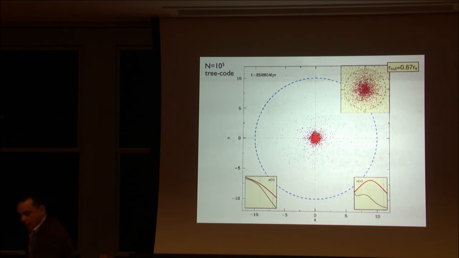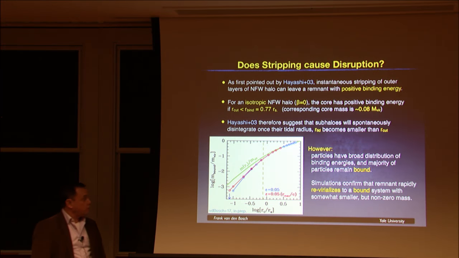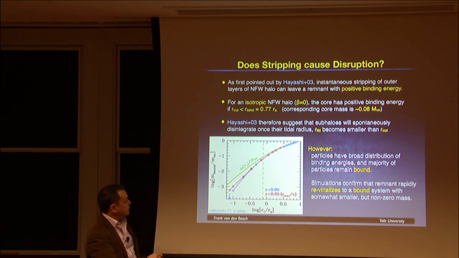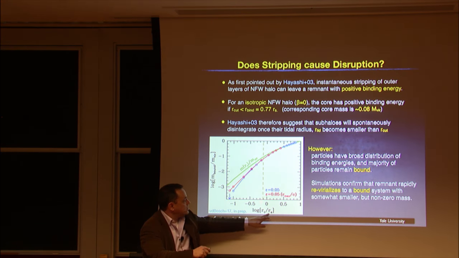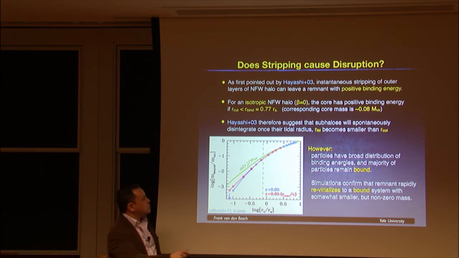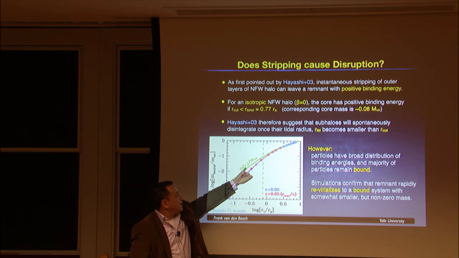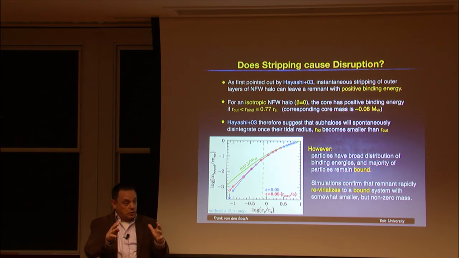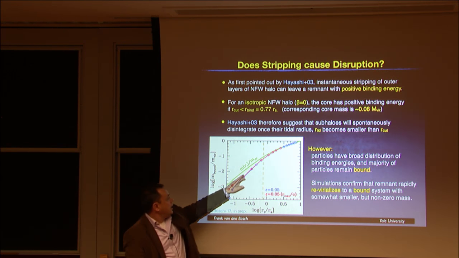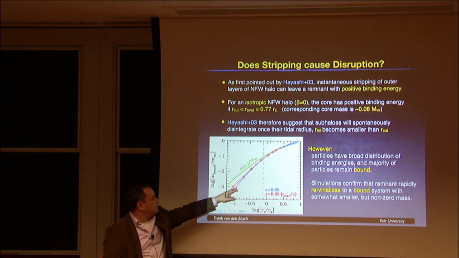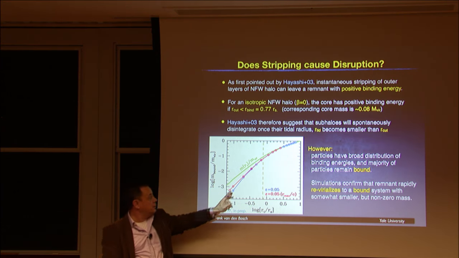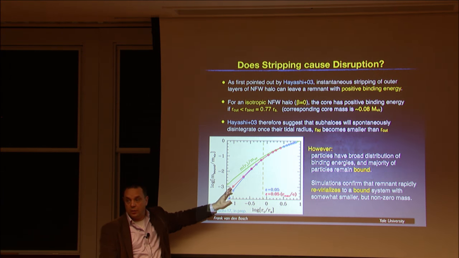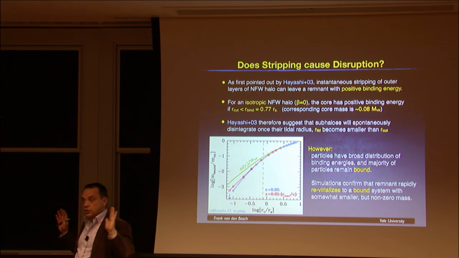They make a new virialized system, and you can do this truncation down to much, much smaller radii. What is plotted here is the bound fraction as a function of this truncation radius in units of the scale radius. This is that 0.77. Inside here, you instantaneously have a positive binding energy. The green curve is just the mass inside this truncation radius in the original NFW halo. After simulating, you get the red dots. There's a little bit of difference, which is the mass that streams out, that's unbound. But then the system re-virializes and creates a bound system. No matter how far I cut it, I never disrupt the system.